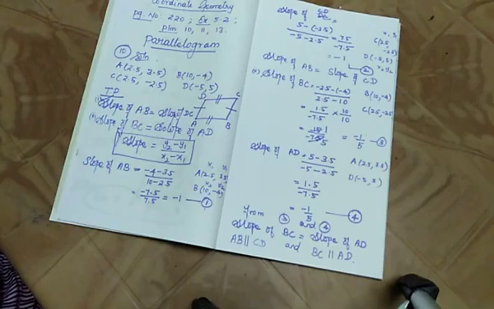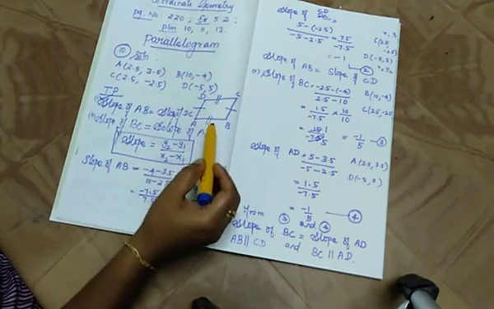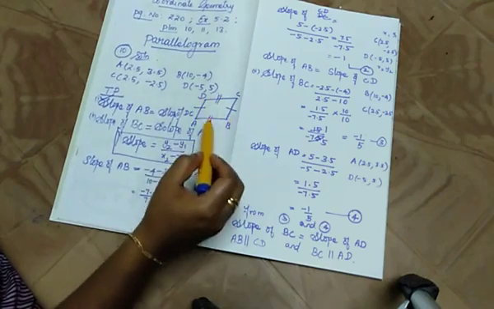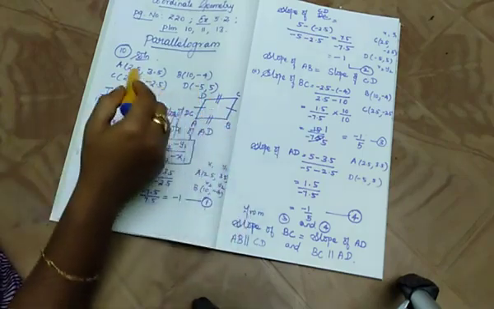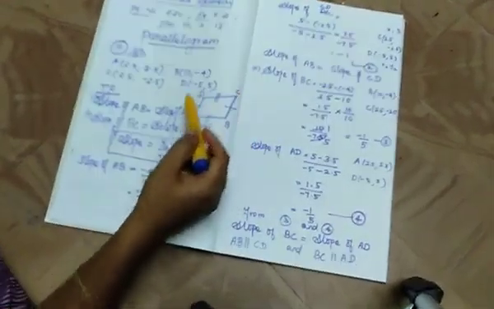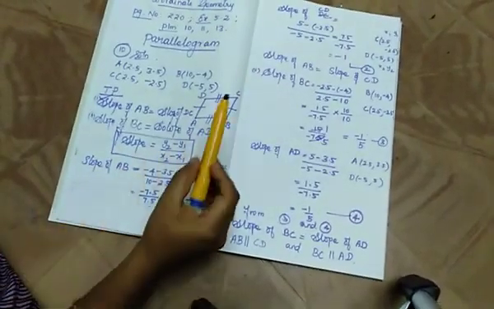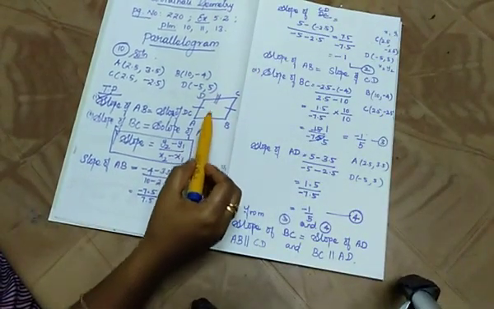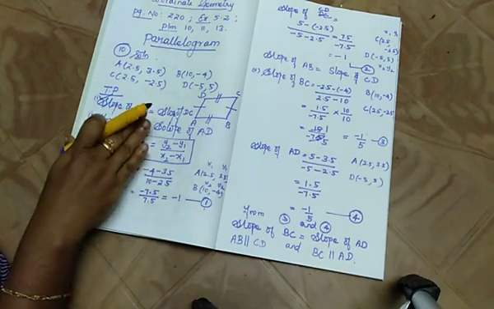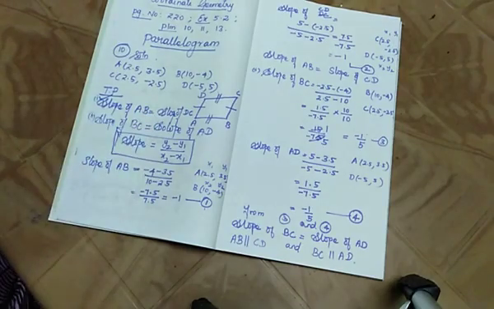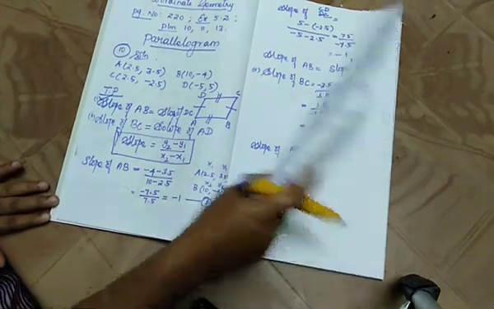So if 4 vertices are given and you are asked to find out if they form a parallelogram using the slope condition, the condition is that the opposite pairs of the parallelogram have equal slopes. You can name it ABCD or whichever way, but as a continuation, wherever you start, then B, C and D. If the slopes are equal, the given vertices form a parallelogram. So in this case, yes, they form a parallelogram. Now let's move to the next question.